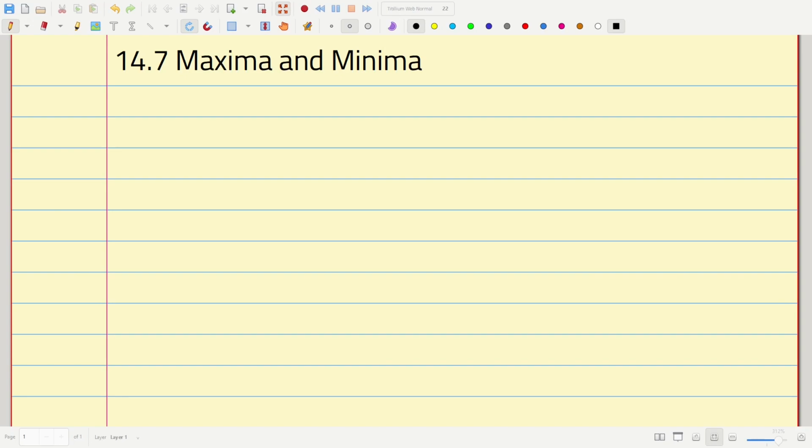All right. The plan for today is to continue on with chapter 14. We have two sections left. These sections are concerned with optimization. Okay. One of the most important things that we looked at back in Calculus 1